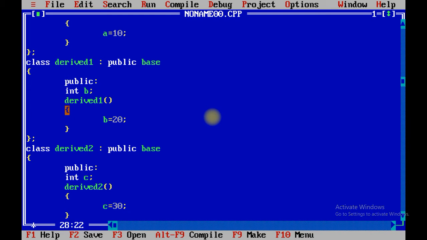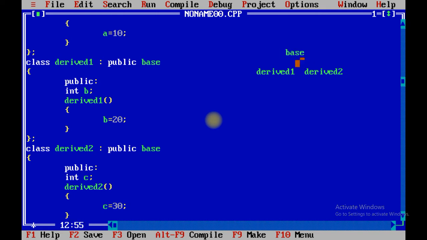Again I am going to repeat that the code may be longer, but it is very much easy to understand if you understand the concept, right? What is the hierarchical inheritance? It would be like such: base, then derived 1 and derived 2. This is the structure, right?